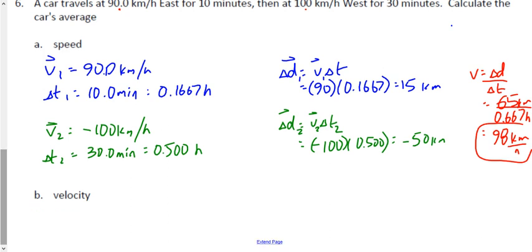Okay, now we don't have a lot of work to do for velocity. For the average velocity, all we're going to say is its displacement divided by the time. And the displacement here will be 15 plus negative 50, or negative 35 kilometers. Add the displacements. You got to pay attention to direction here for this, though. Time is 0.667. I want to say 35 divided by that. 35 divided by 0.667. 52.5 or 53